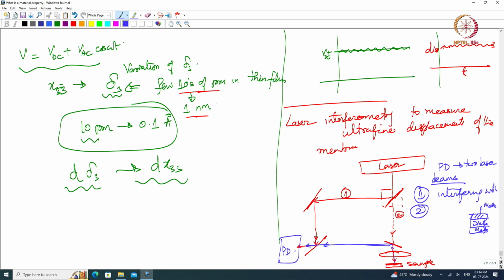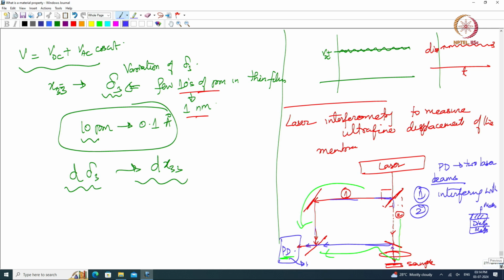It is interfering because they come from the same source, right, and since they come from the same source, the light which is split here maintains a constant phase difference. So there is some phase difference between this path mentioned here and this path which goes to the sample and then comes back. So my photodetector can measure the phase difference,